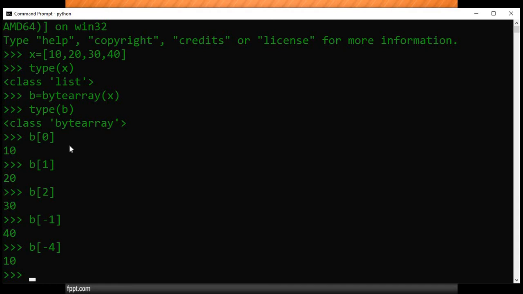So किसी ने पूछा what is the difference between bytes and byte array? Such a type of question will be asked in the interview. What is the difference between bytes and byte array? So we need to specify the answer. We have only one difference. The bytes are immutable and byte array is mutable.